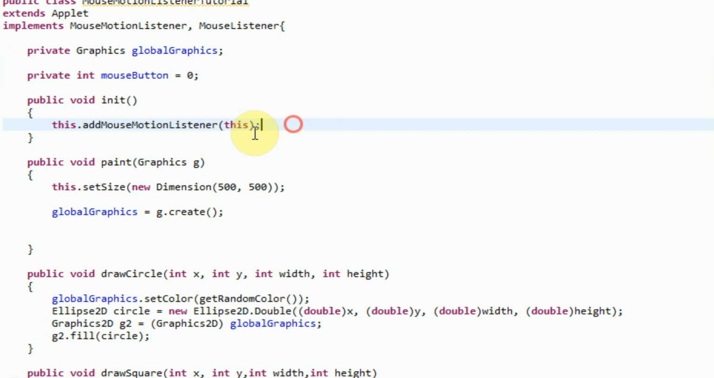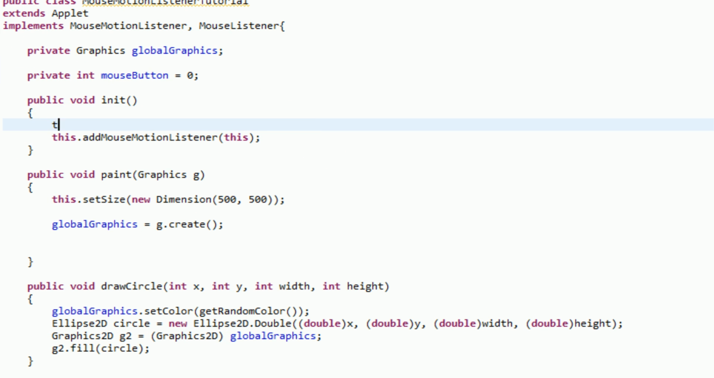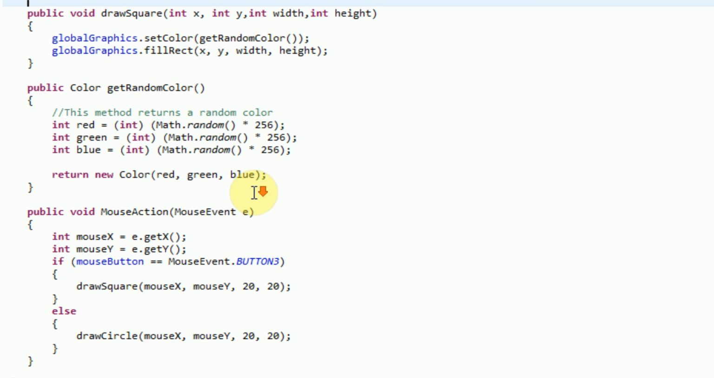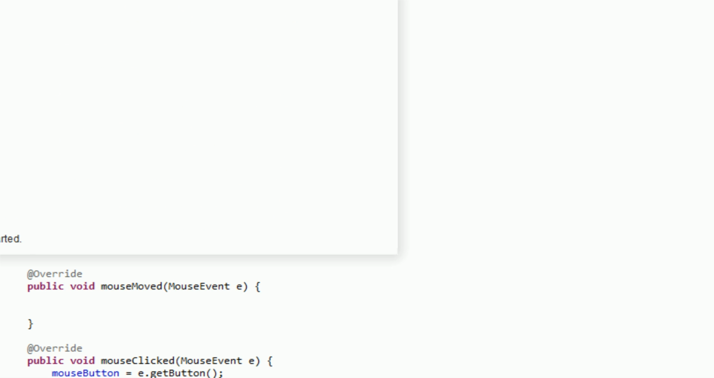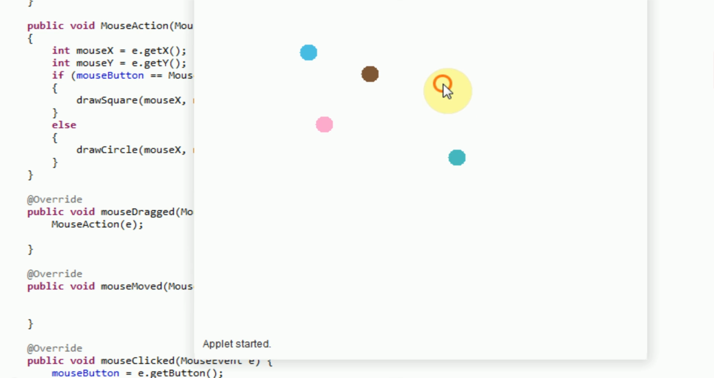Oh, okay. Look at that, I did it again. I forgot to add this.addMouseListener(this) in the actual init method. So once again, the class is a mouse listener, but the applet itself didn't know to use itself as a mouse listener. So we're just going to go ahead and run the applet again, and now if we click, we